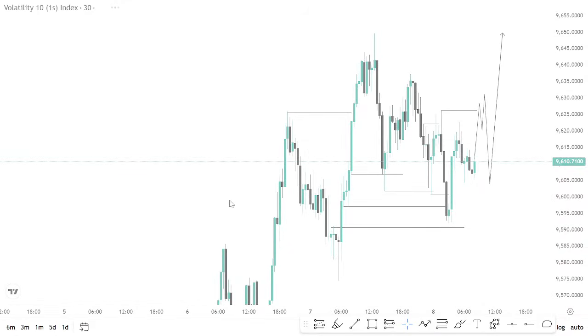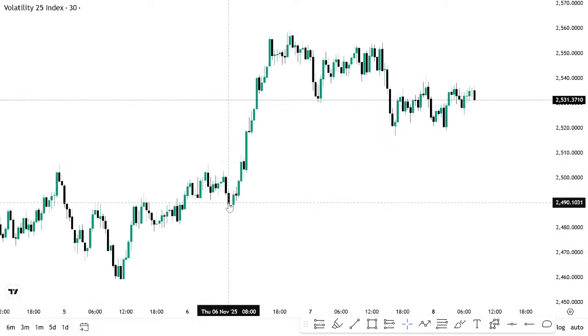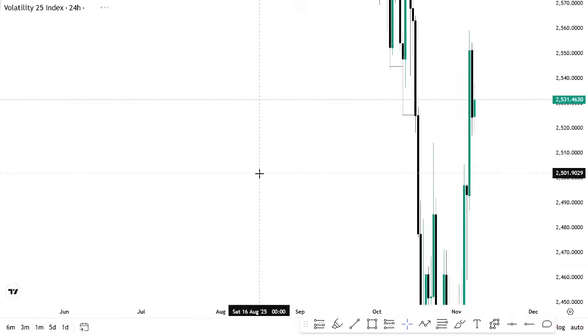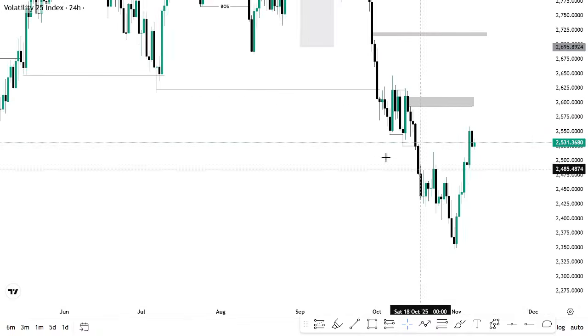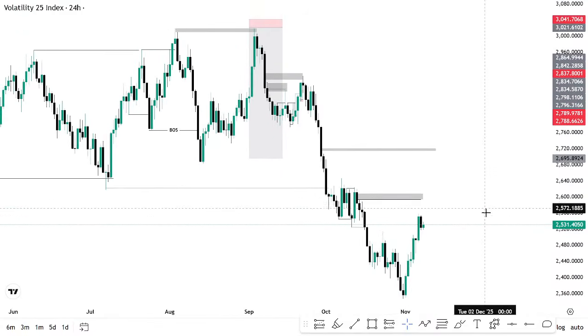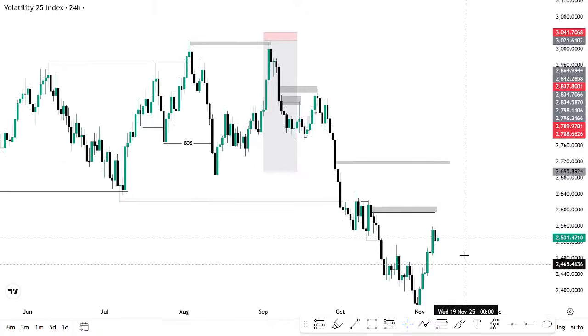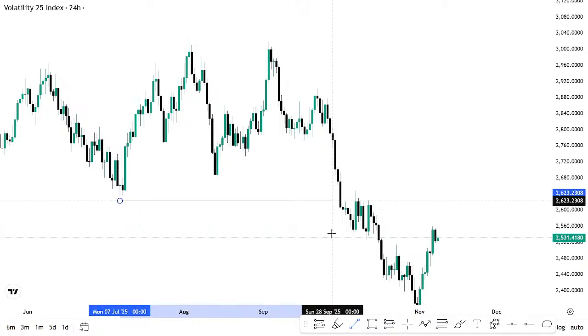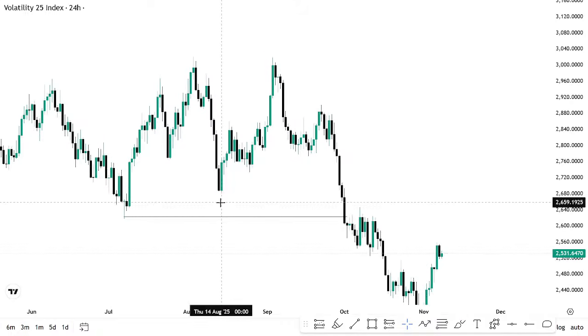Let's do volatility 25. It's loading. So let's go to 24 hours time frame. I actually made this analysis yesterday, but let me explain that. Okay, we had our last break of structure to the downside here. Last break of structure, and